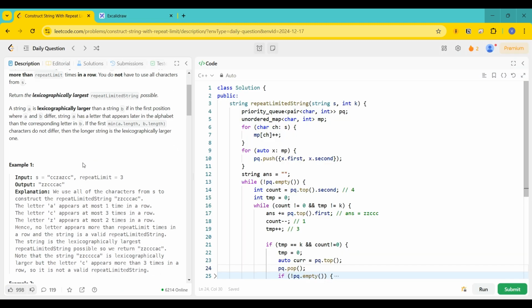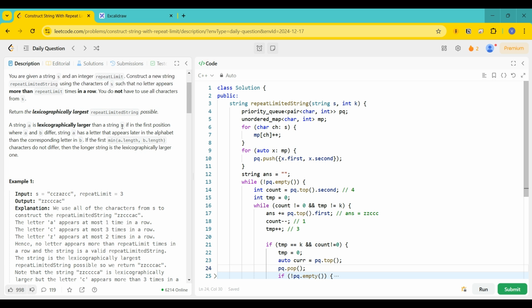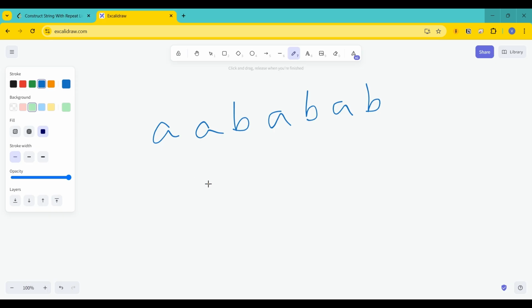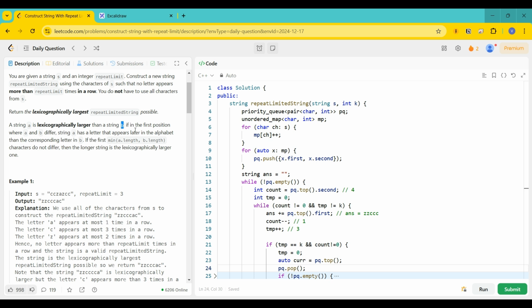And lexicographically larger means that suppose we have two strings, this is only for example. Suppose we have a string ABC and a string ABB. It is saying that in the first position where they differ, the string that has a letter that appears later in the alphabet, a later letter meaning a larger letter,